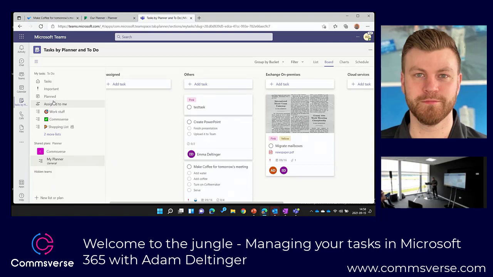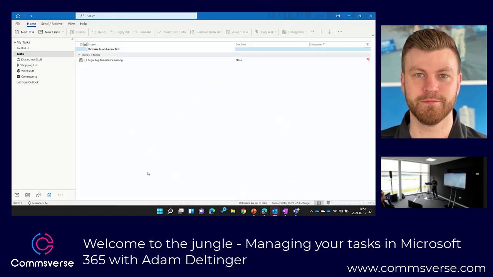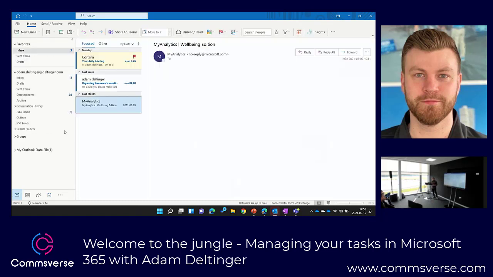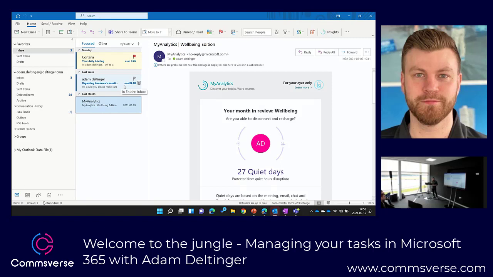But I have another little bit of advice for you. If you're using the Microsoft Outlook desktop app and really want to make a to-do task out of an email message, instead of flagging it, because that will end up in To Do in flagged emails but not be transferred to Teams, just take an email and drag and drop it into the task icon.